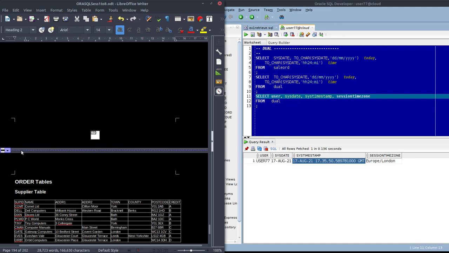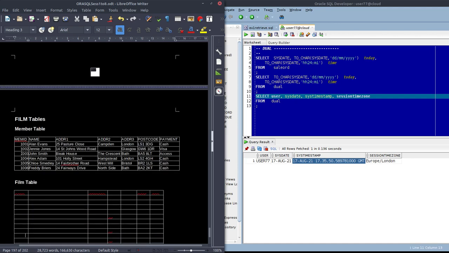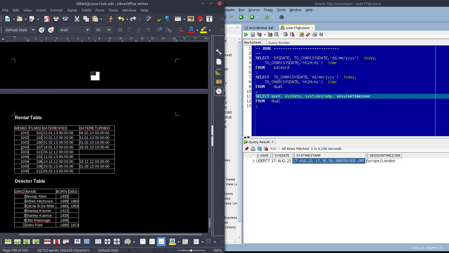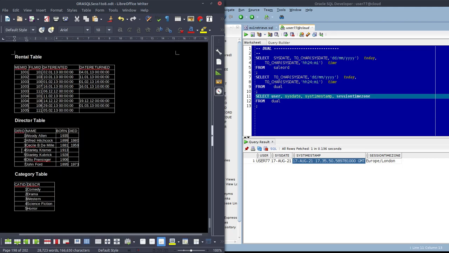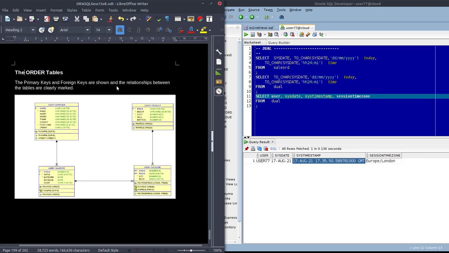Right, there's the data, it's in the tables, and there are the entity relationship diagrams which show you the layout of the tables, and in the next section I'm going to show you how to draw these things in SQL Developer. Back at the beginning,